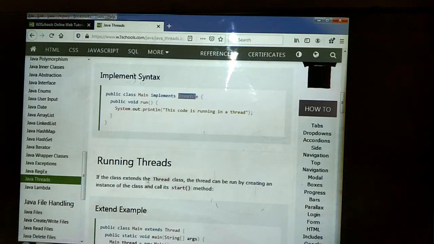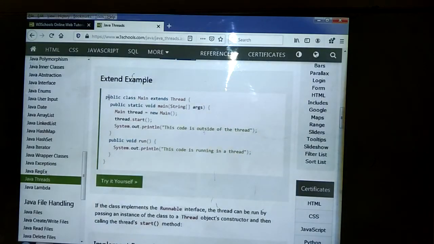If the class extends the Thread class, the thread can be run by creating an instance of the class and calling the start method. Then we can see the example. Here we have created one class which extends the Thread class. Within that we create the main method.